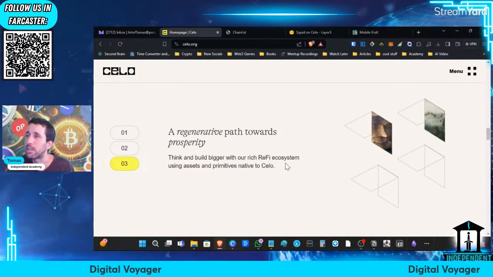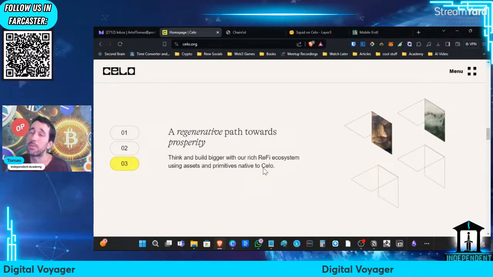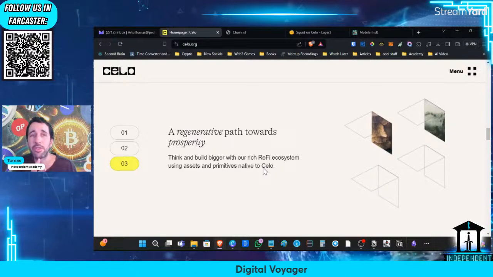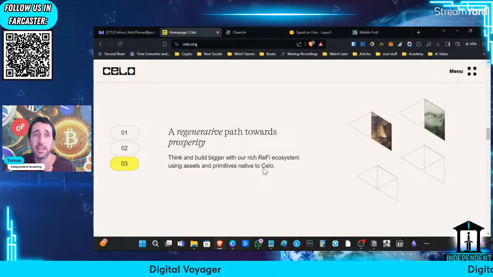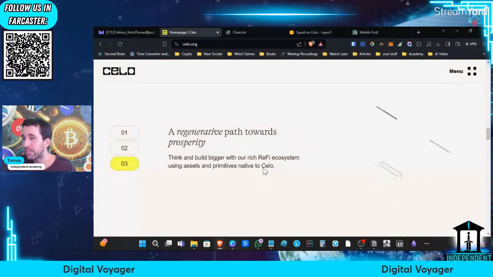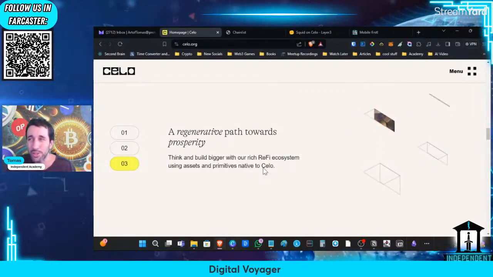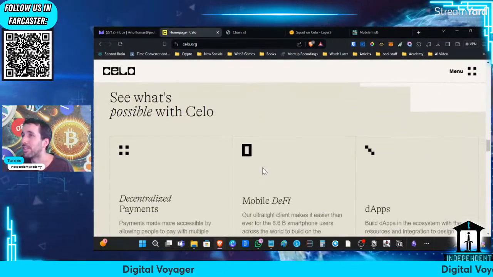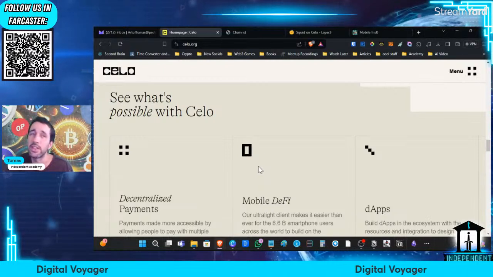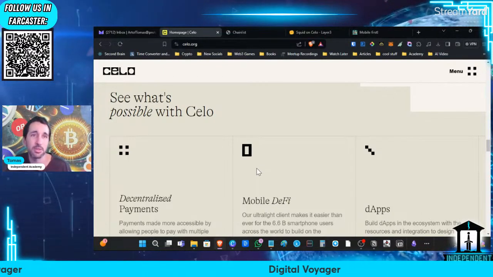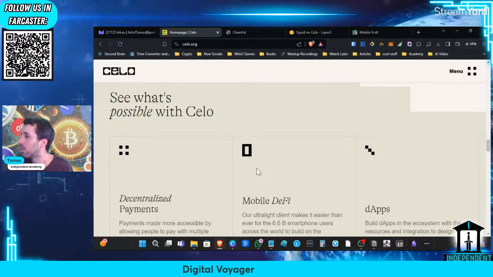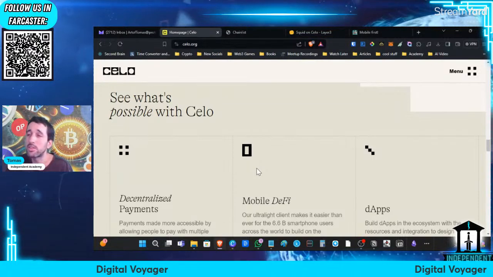A lot of times, regenerative finance applications will donate some of their earnings into things like planting trees, saving a forest, cleaning an ocean, something like that, to help the environment around us. It's a very interesting concept. Use finance to rejuvenate the world, if you will.